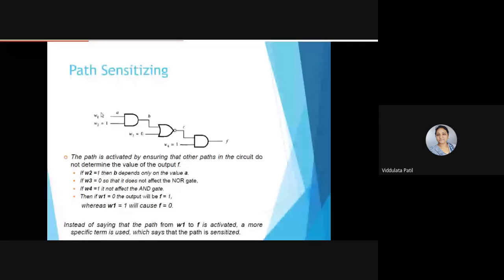Now we change the logic level at W1. Now what will happen? In a good condition, F will be equal to